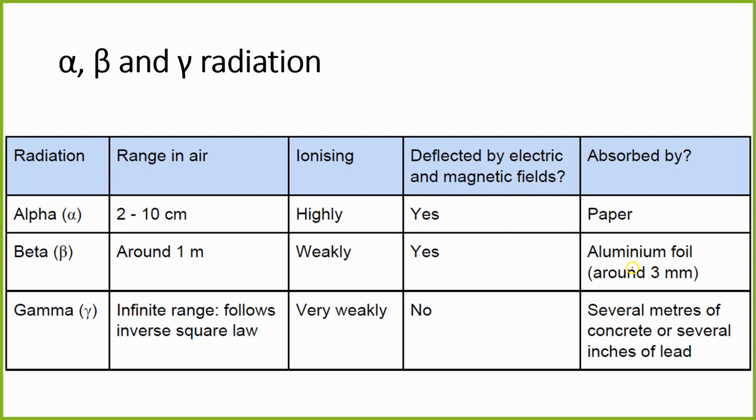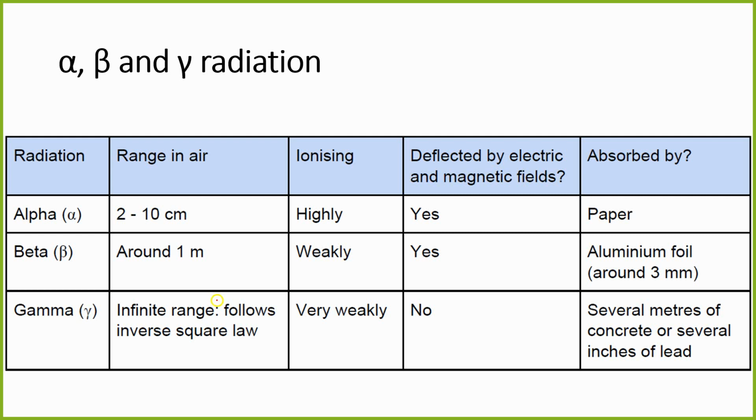If it's not in the range, then obviously it will be pointless to use that, because by the time it reaches the 1 meter, it pretty much stops. So anywhere within the 1 meter bracket, if you put an aluminum foil in between, that's able to stop